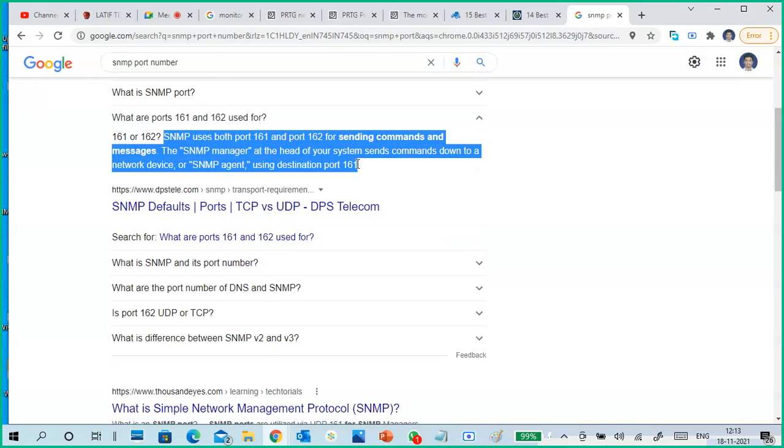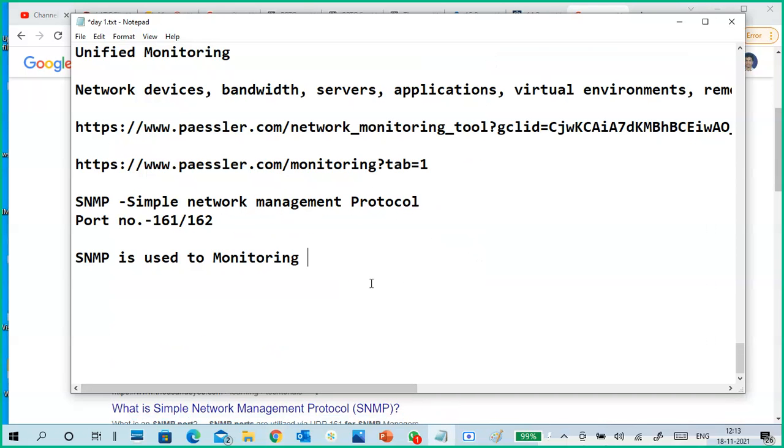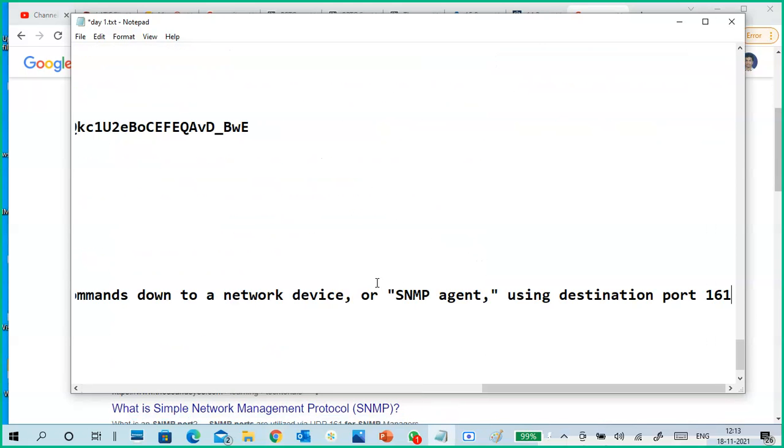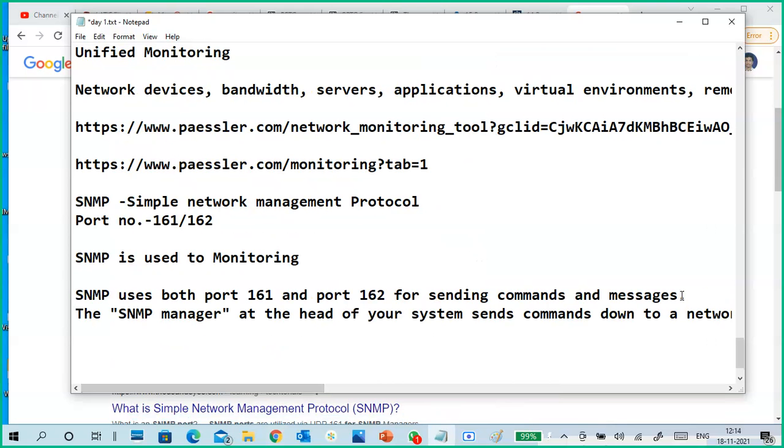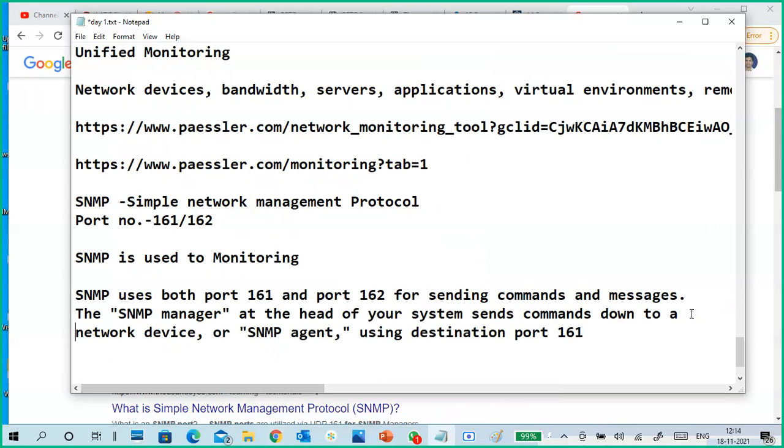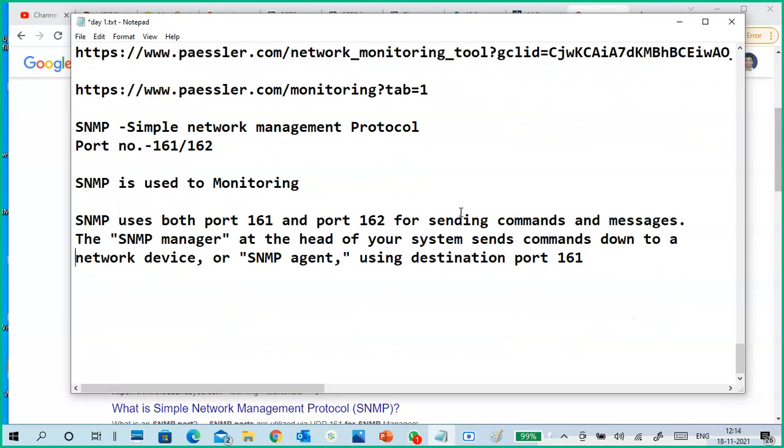Like you can see, some information is there. Manager means the central PC, agent means the remote PC containing an agent. It will send information to our main PC, so then we will get that remote PC's information.